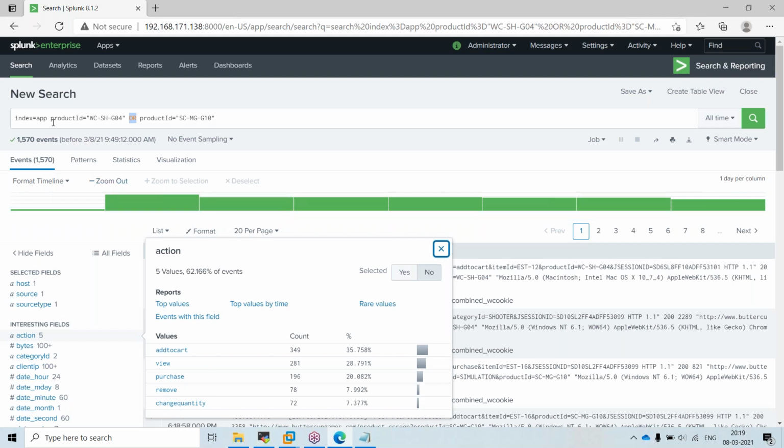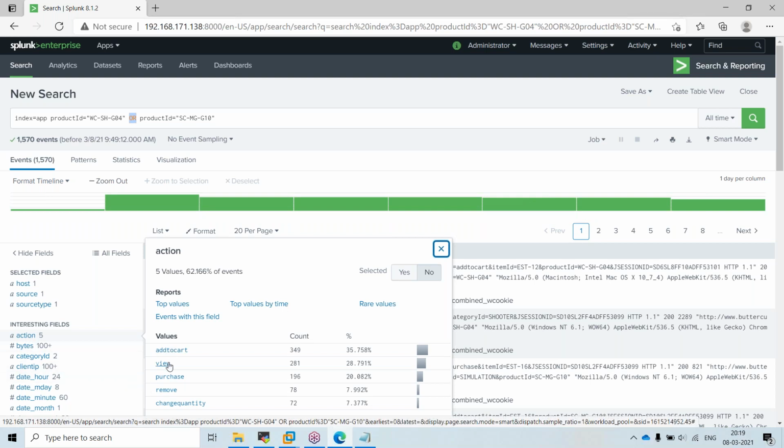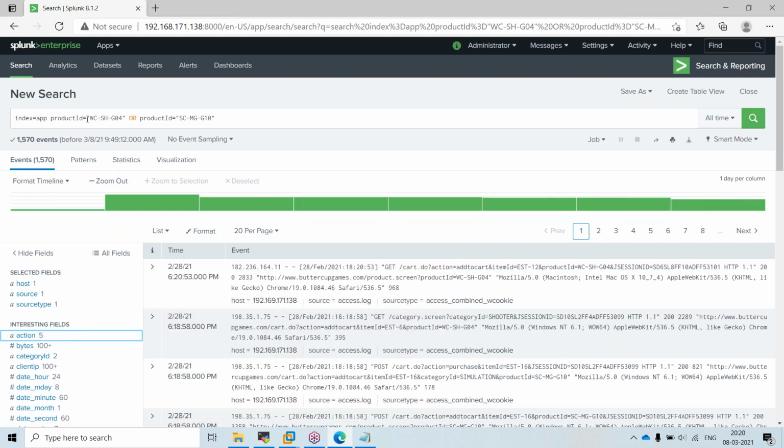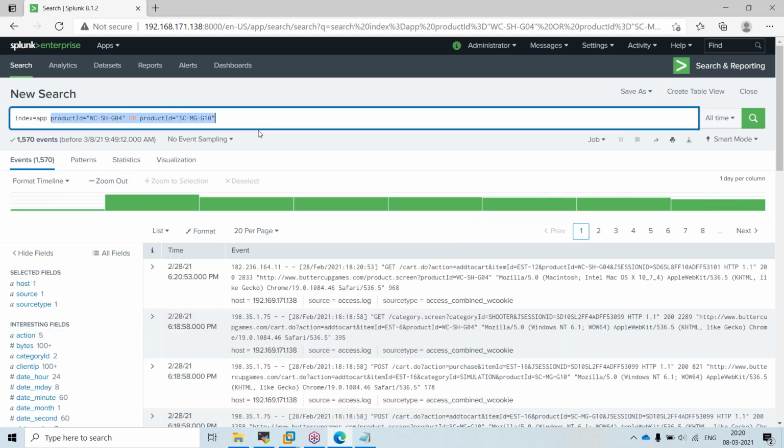Here there are multiple actions like add to cart, view, purchase, remove, and change quantity. So my customer has told me, boss, to improve my business, I want to know the products that customers are removing from their cart.